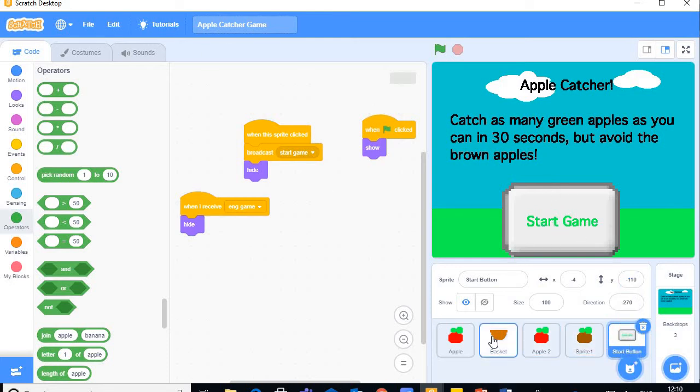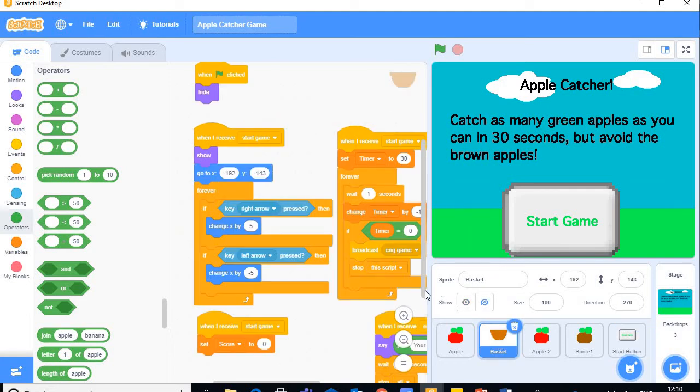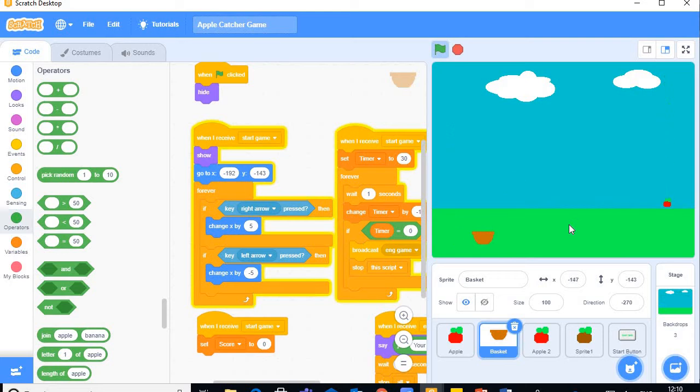Now if I move to the basket, which obviously if I click, can you see my basket is moving right to left? So if I quickly go through this, when the green flag is clicked, we're going to hide it. And the reason we're hiding this is, remember, when you click the green flag, it starts the game. The game is to show the introduction slide as well as the button. But when we receive the start game, which is this sprite here,